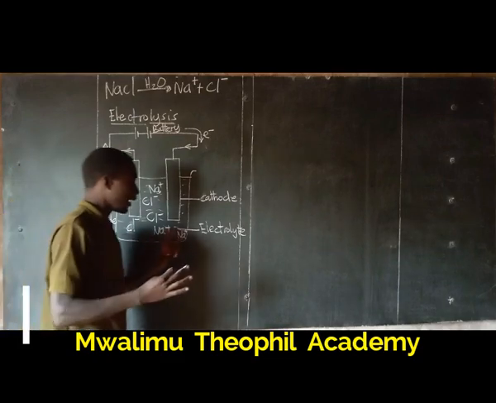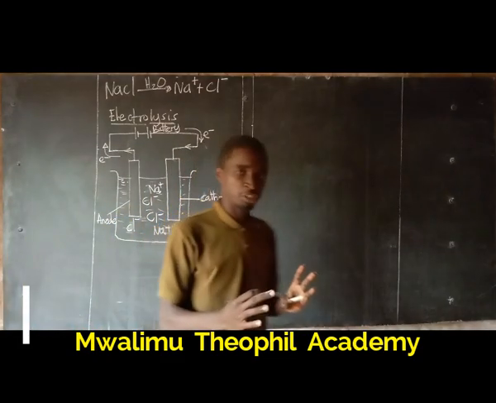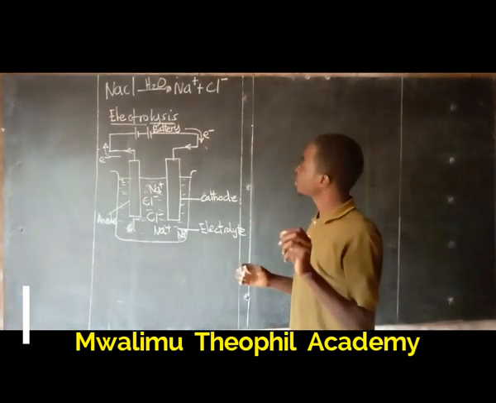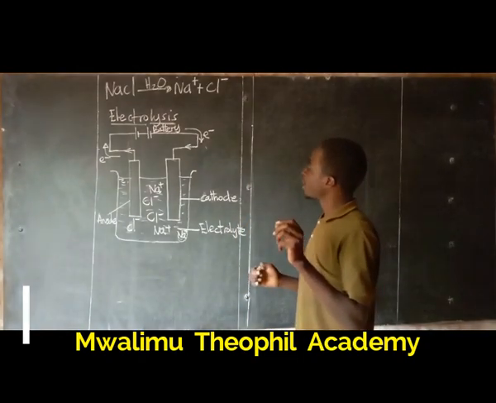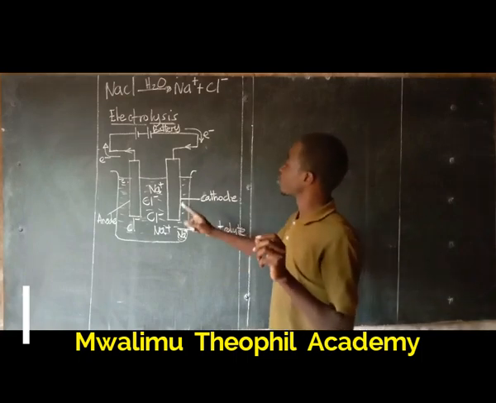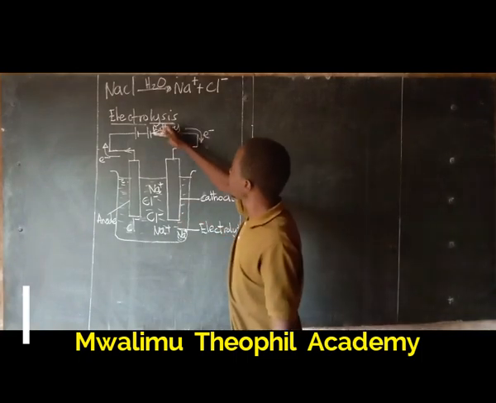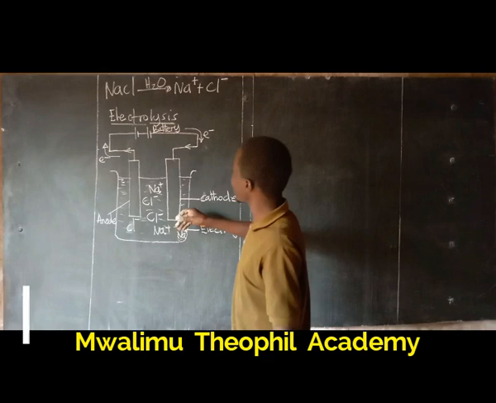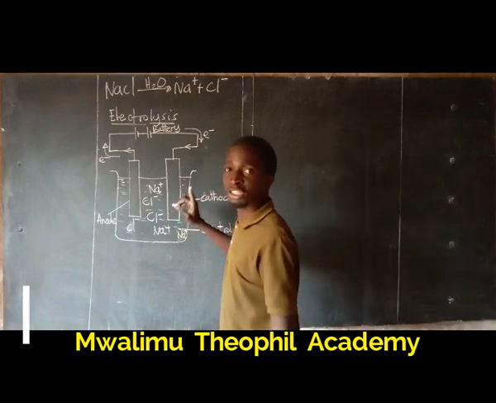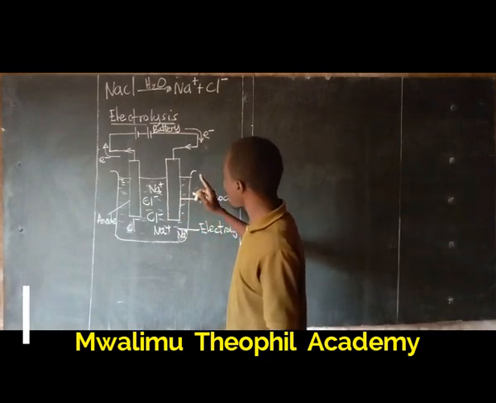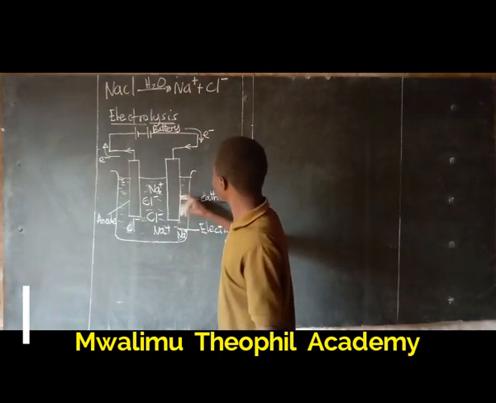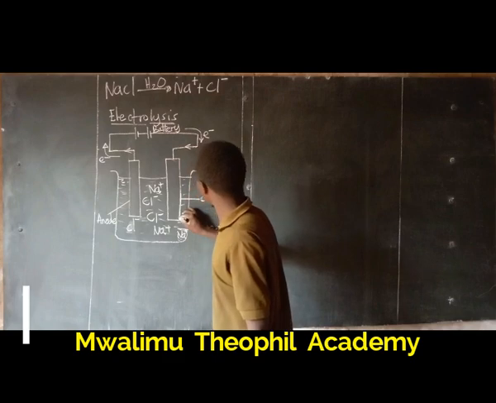Now, I need to elaborate the meaning of electrolysis. It is the passage of electricity into an electrolyte causing a chemical reaction to take place. So when electric current is passed through this electrolyte, it causes the chemical reaction to occur. How does it occur? When electric current reaches the cathode,